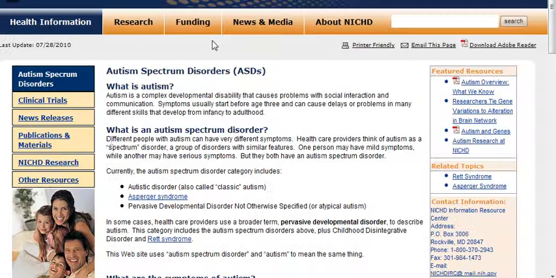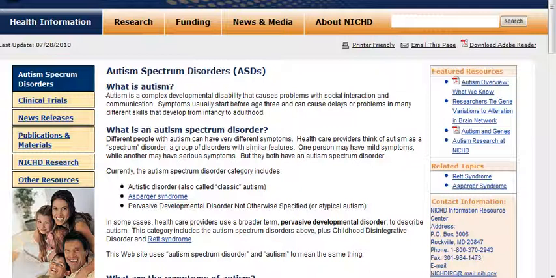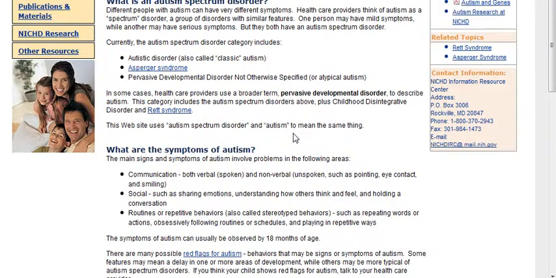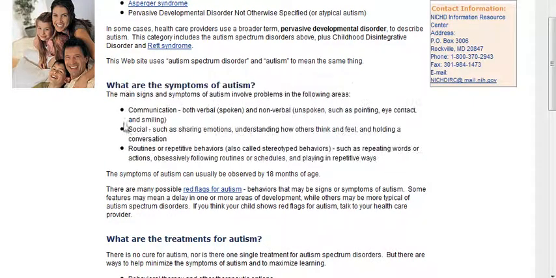This website is better because basically it defines it, and autism is complex and it is a developmental disability. I know of children who have autism, they do not communicate normally, and some of them have trouble walking at an early age, amongst other signs and symptoms which are discussed on this website. That's why I like it so much. Communication, just like I've mentioned. Sometimes they do repetitive and routine behaviors.